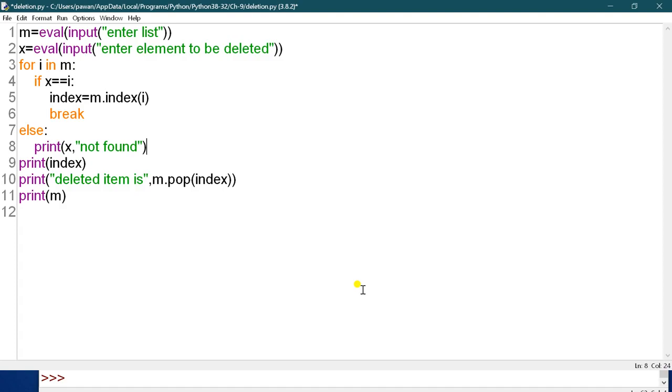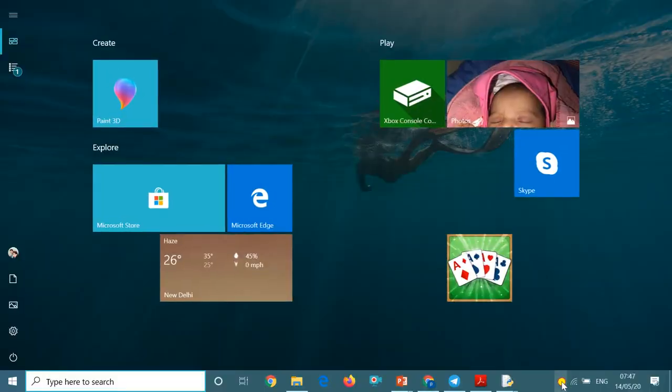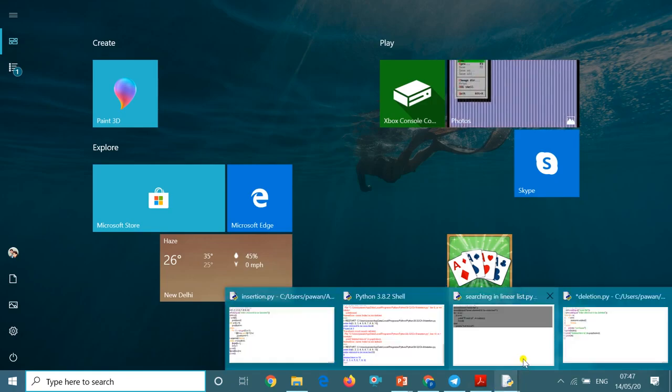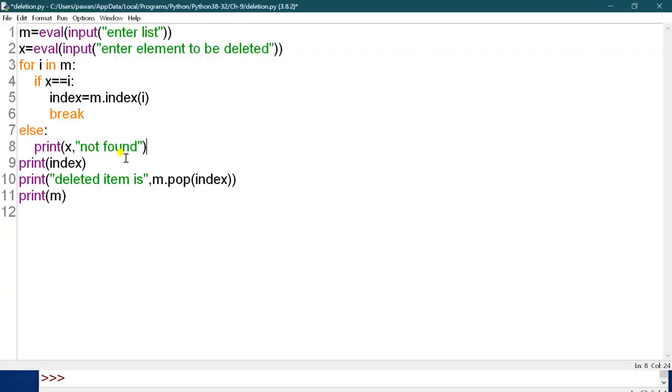So in this code, this is deletion. So what is the error in this code? I forgot to write this line, that you have to mention the index, okay, or any variable, that index is equal to m dot index.